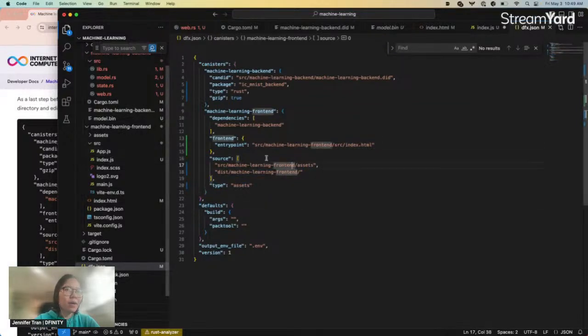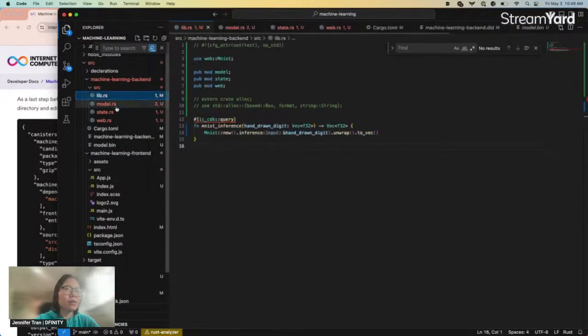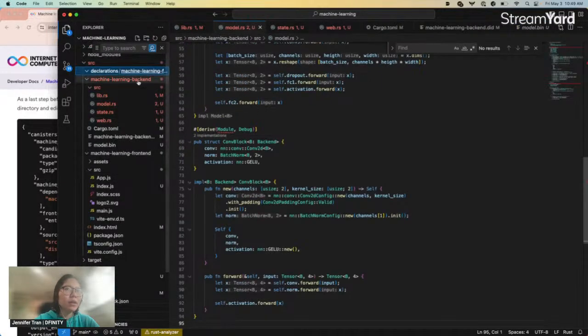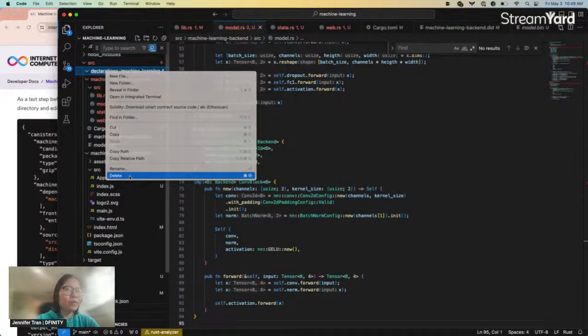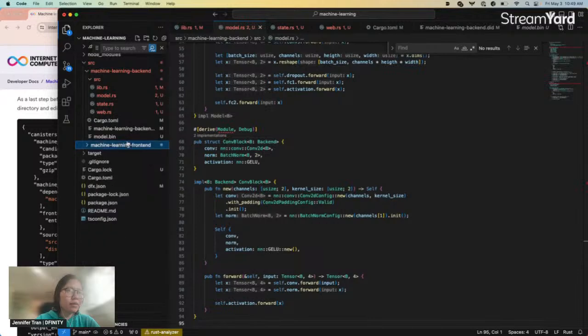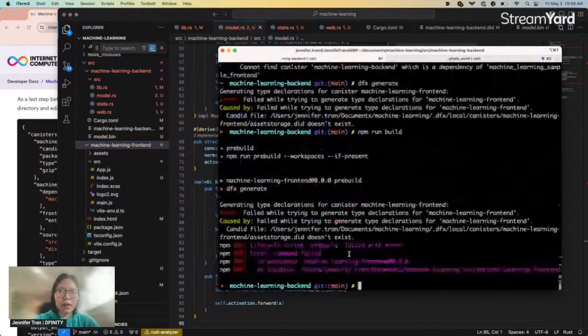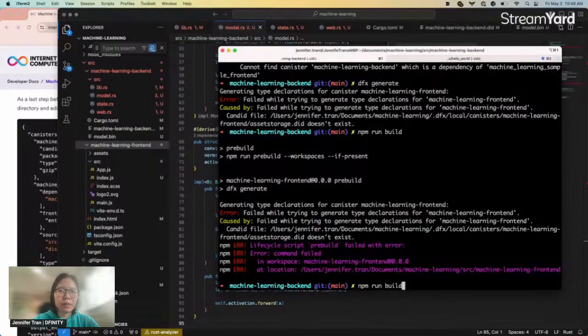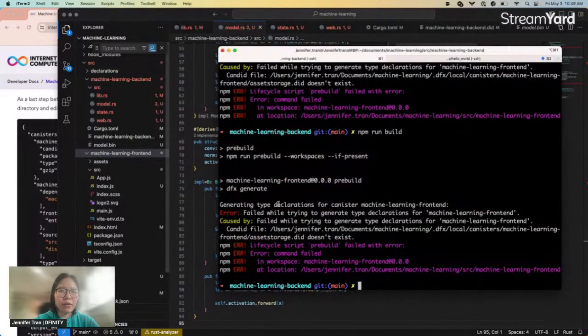Okay, so here, src machine-learning-front-end-assets, this machine-learning-front-end. Yeah, this is correct. Let me just remove these decorations. It's just thinking that, yeah, so here, if I do an npm generate,